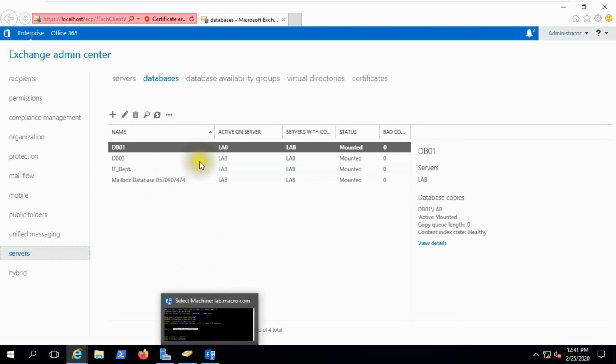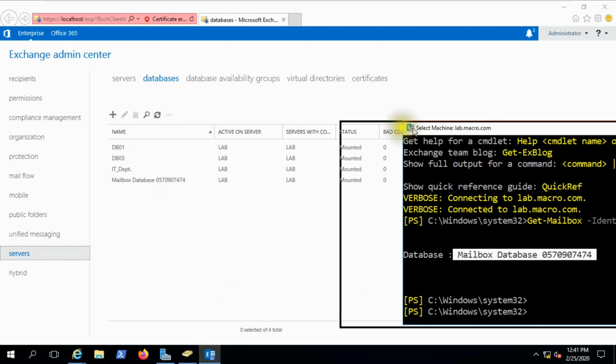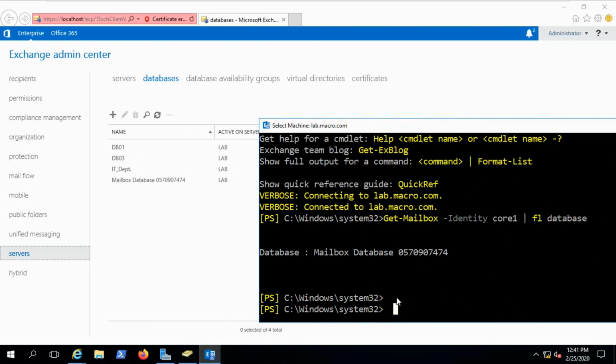We can also check the existing user list of a database file. Like here we can check whether IT department has any users. The command is Get-Mailbox -Database IT department.